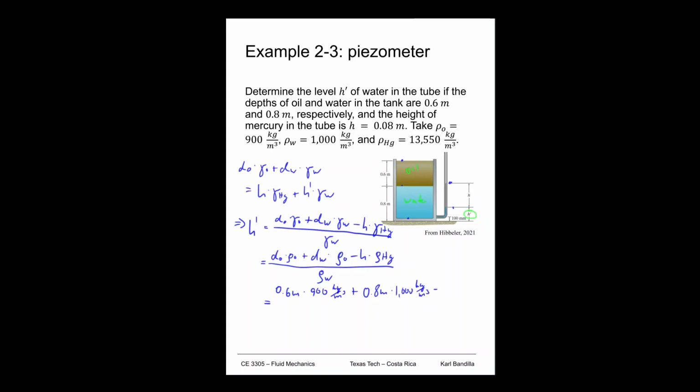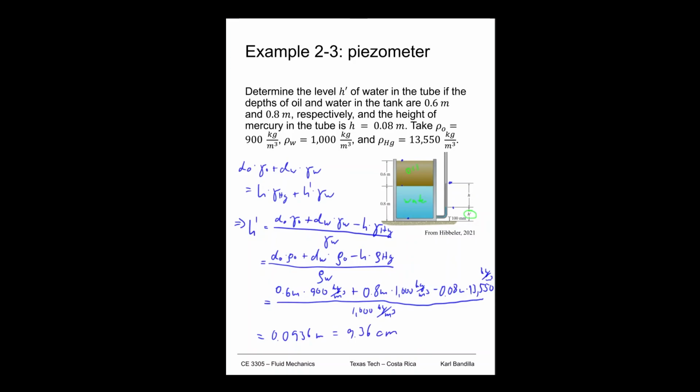And then H is given to us as 8 centimeters times the mercury density in kilograms per cubic meter. All of that divided by 1,000 kilograms per cubic meter. So that gives us 0.0936 meters,